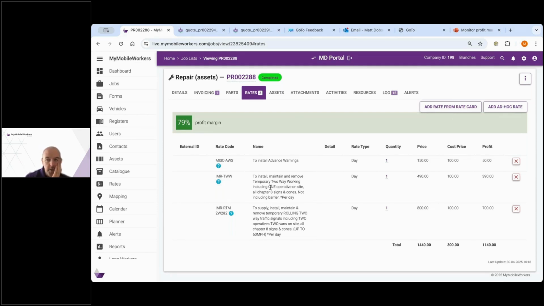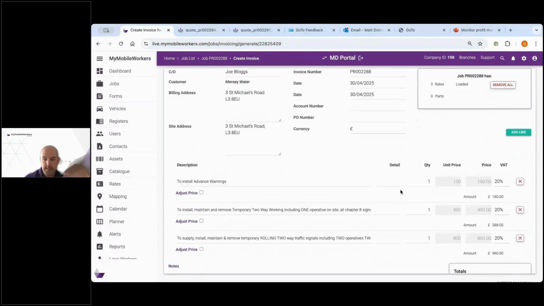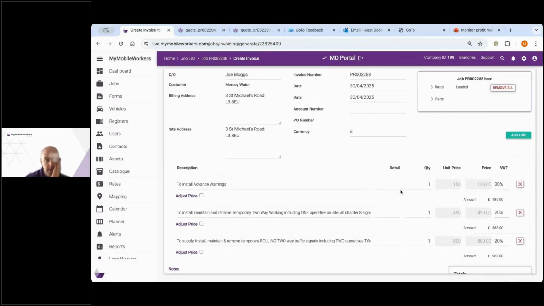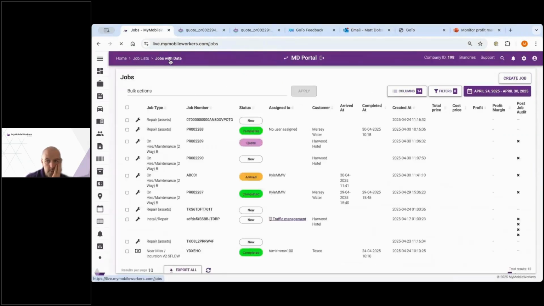But the point is, you check the job, you might add additional things, and then invoicing works exactly the same way, really. You can create an invoice from that. Again, same as a quote, it adds the items, you save it, etc. And from a reporting point of view, there are some more specific reports you can have,